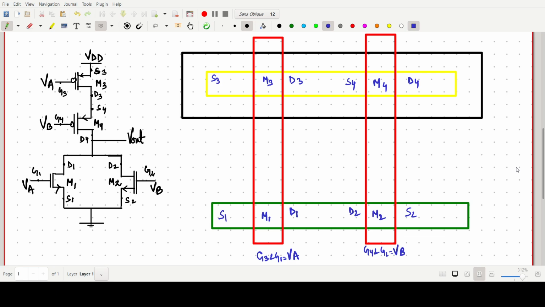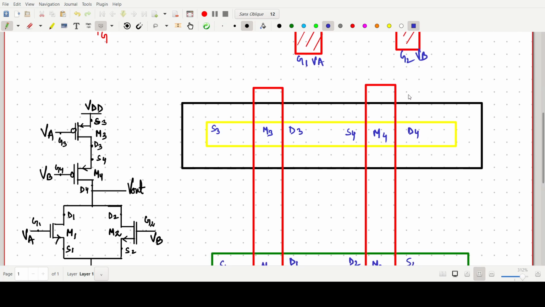Now what we have to do, here we can see we have to give the supply VDD to the source of S3. So for this, I am just taking some space. I am taking black. Here for VDD,